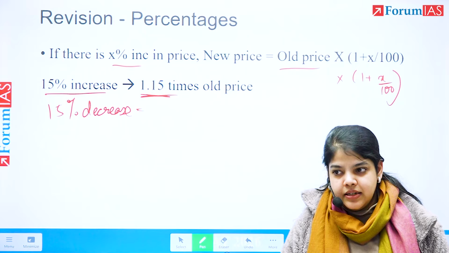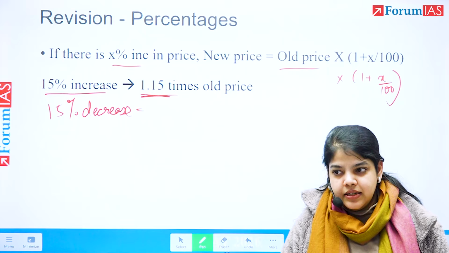Now, after this, we also discussed that if there is an X percentage increase in price, what is the new price? We know that a percentage increase means X% meant X by 100. This is very, very helpful for today also. If there is a X percentage increase in price, this meant old price into 1 plus X by 100. Basically 1 plus X%. Old price plus X by 100 into old price.